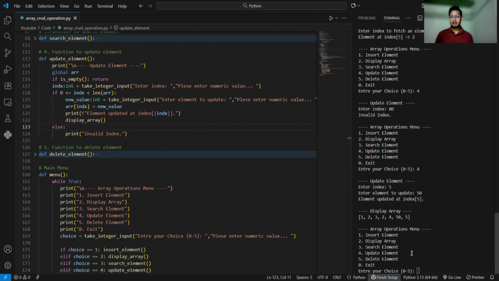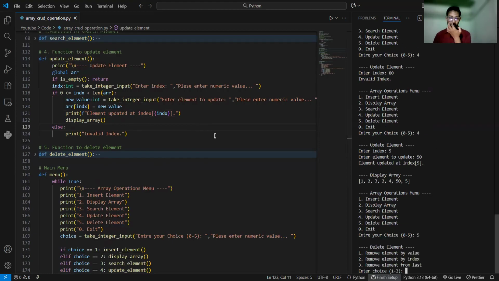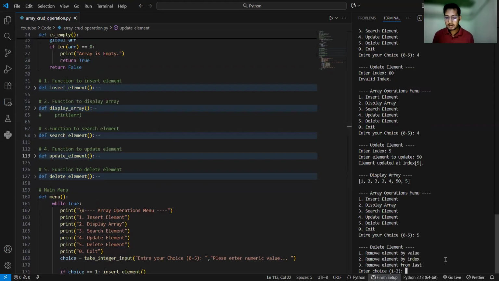Okay, now come to the last option, that means delete. So hit 5 and enter. Here you can see there are 3 options available. At first, remove element by value. That means if I want to delete a value